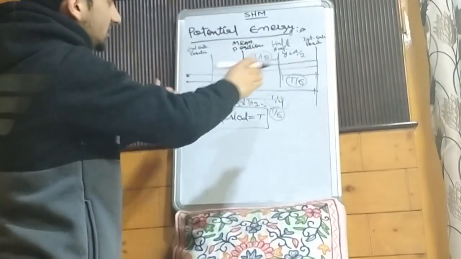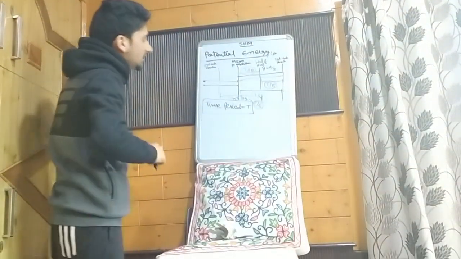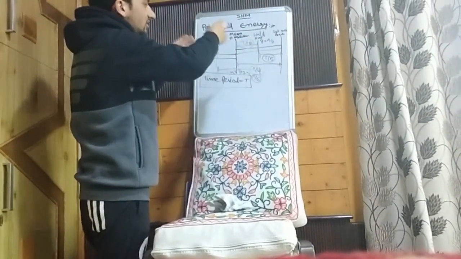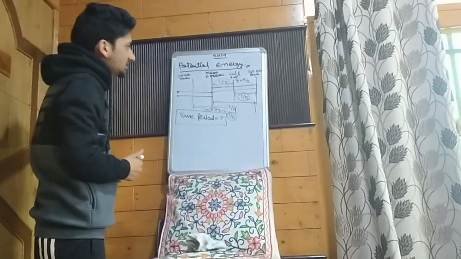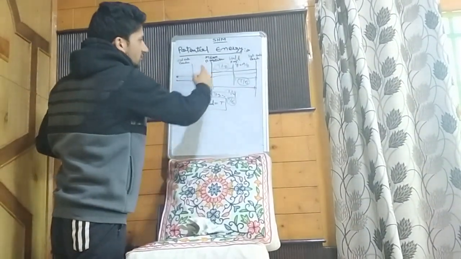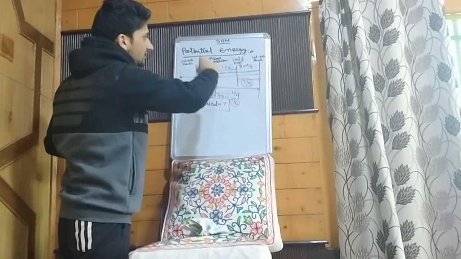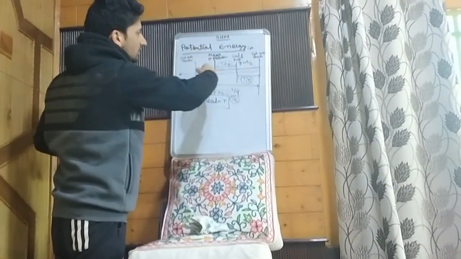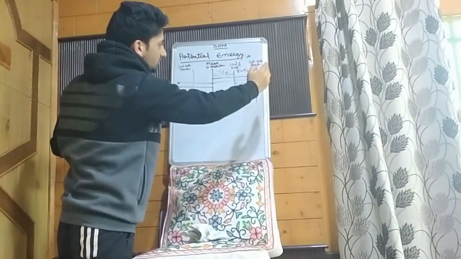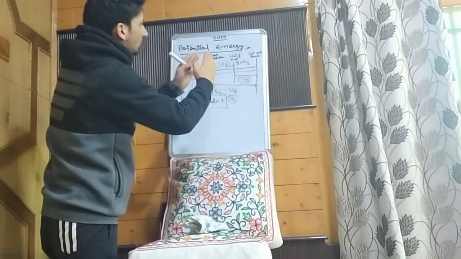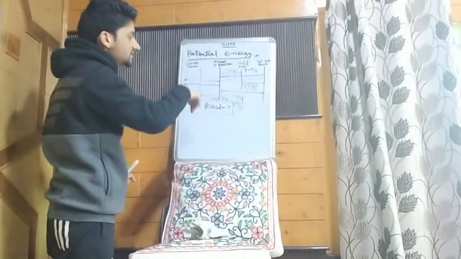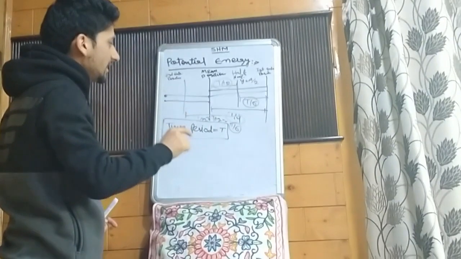In this process of complete oscillation of a particle, we can clearly see that these are things we have to remember, because these things are often asked in competitive examinations. The time taken for a particle to go from the mean position to the extreme position is T by 4, from the mean position to half amplitude is T by 12, from half amplitude to the extreme position is T by 6, and from one half amplitude to the other half amplitude is T by 12 plus T by 12, which comes out to be 2T by 12, that is T by 6.